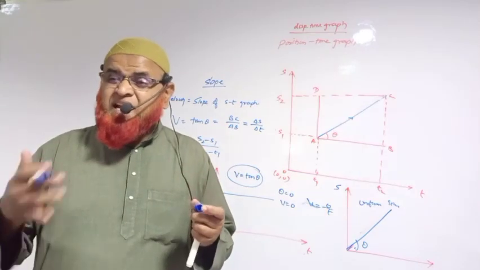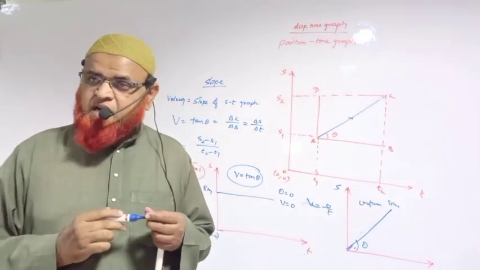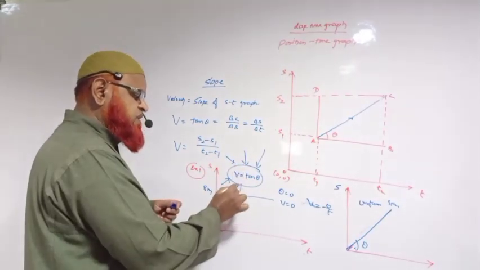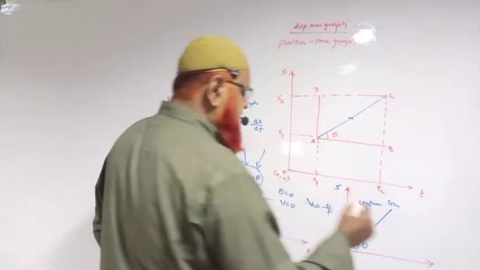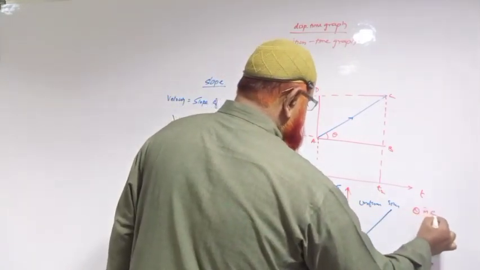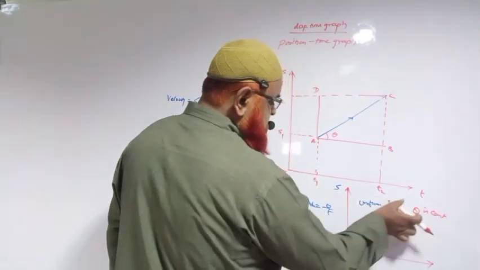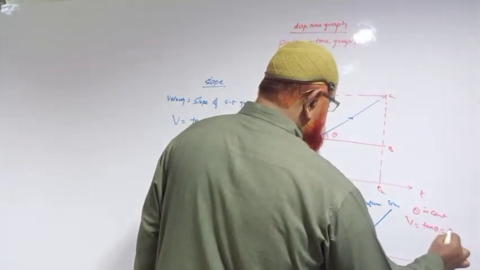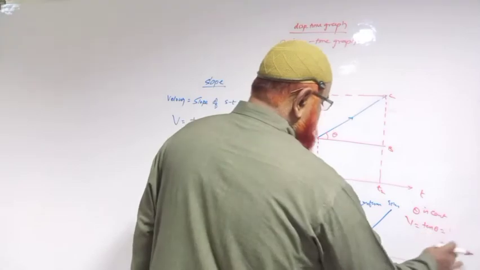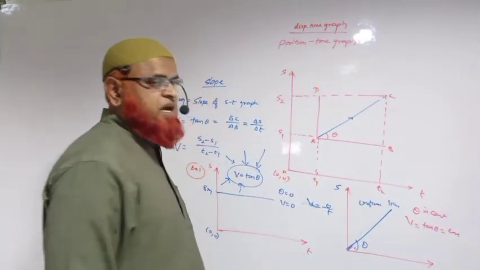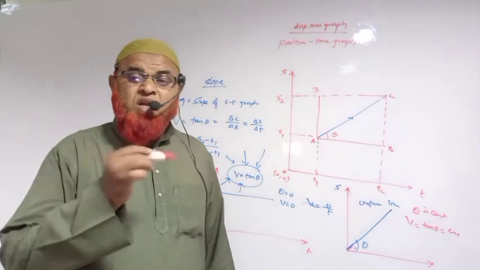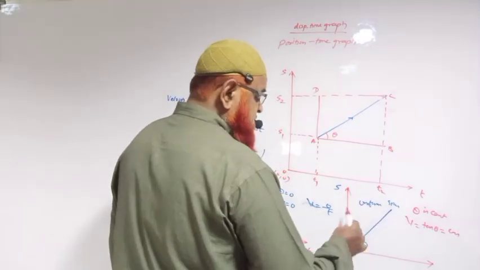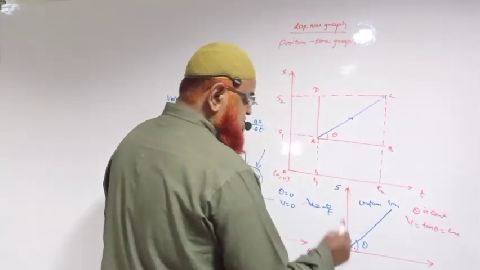But it is difficult to judge the graph immediately, is it? How can you judge the graph immediately? I told you the clue is this one. If you see this, it's very easy to understand. Here, if you want to judge the graph, you just take here theta is constant. If theta is constant, V is equal to tan theta is constant. So graph is a straight line. And what is the meaning of this graph, you know? It is having a uniform speed, uniform velocity, and initial velocity of this graph is 0.